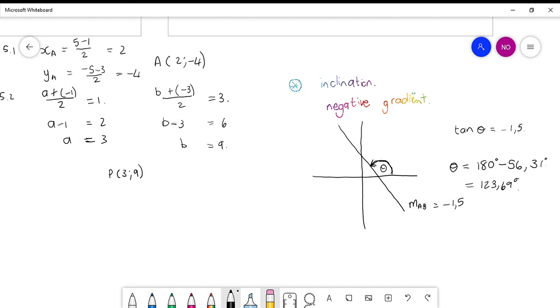So make sure when you are working out the angle of inclination, as soon as you see a negative gradient,